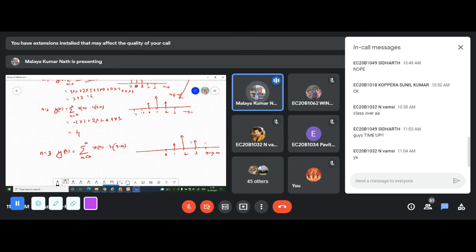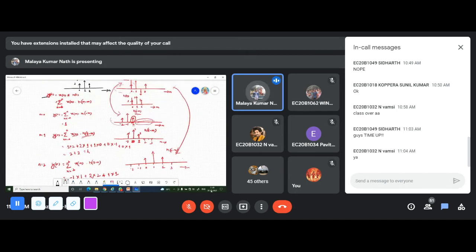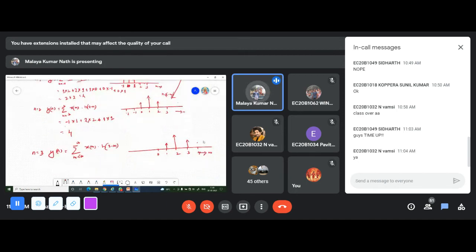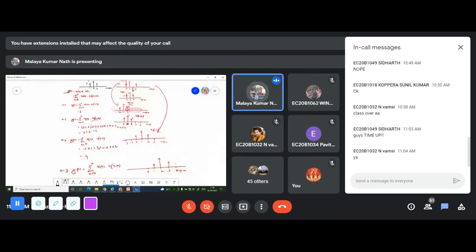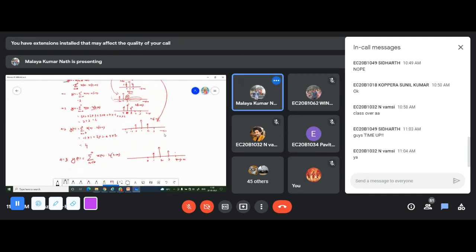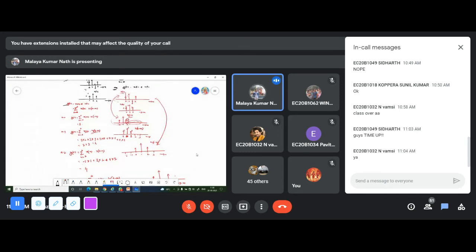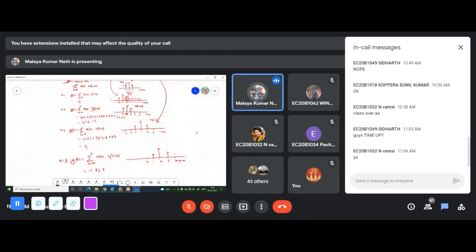So it will be multiplied, means how much will it be? x of m, that means it is starting from 2. Just look here. At 2, what is the value? At 2, it is minus 1. Right? So minus 1 into 2. So I can write this is equal to minus 1 into 2 plus, at 3, it has a 1 and 1. So that is equal to 1 into 1. So that is minus 2 plus 1. So this will be equal to minus 1.